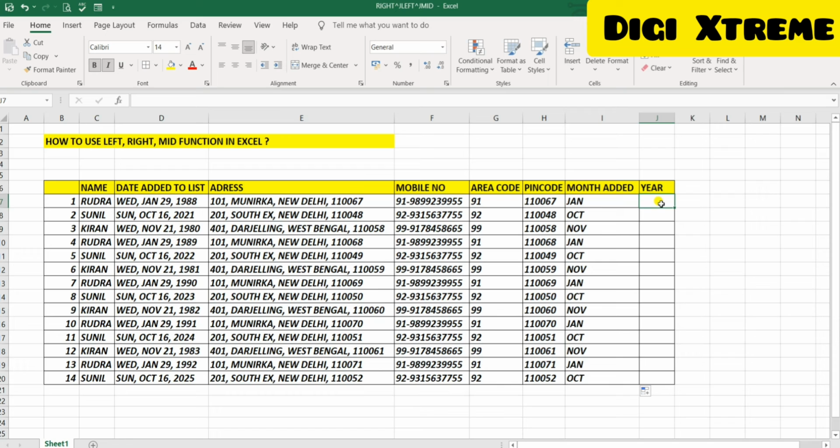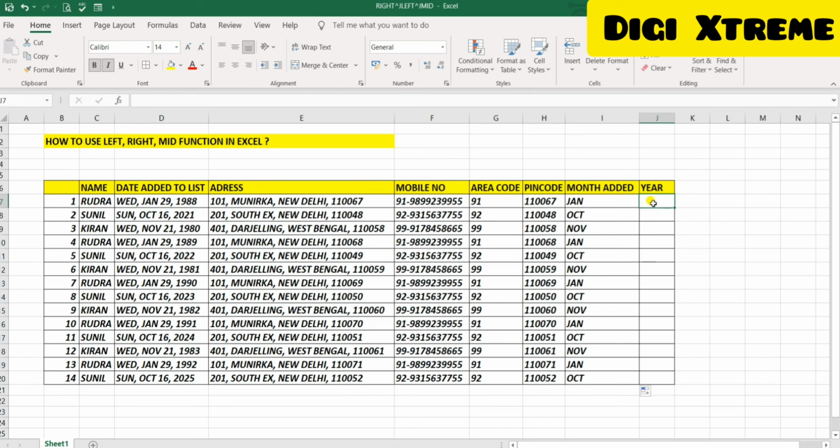Now what we can do for year? Where is the year? You can see year is on the right side. So now how we can extract year from this data, from date added to list. Year is 1988. It's very simple, guys.